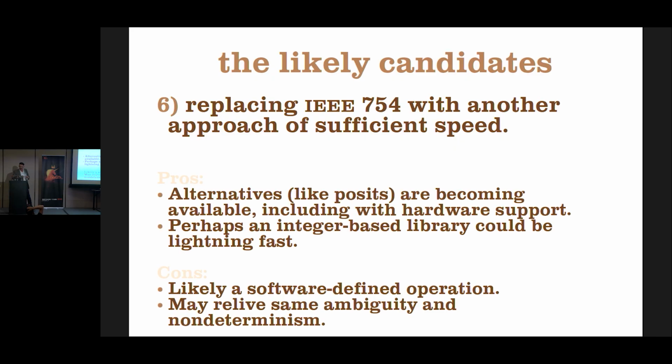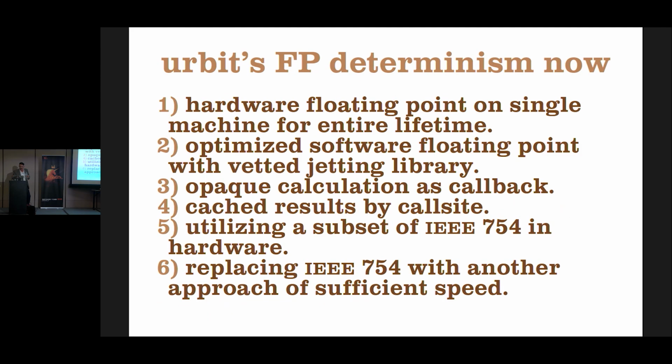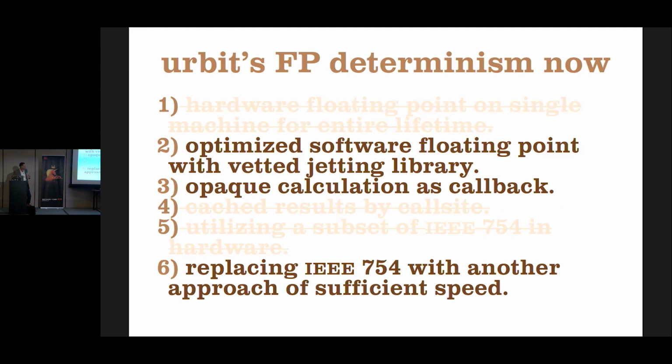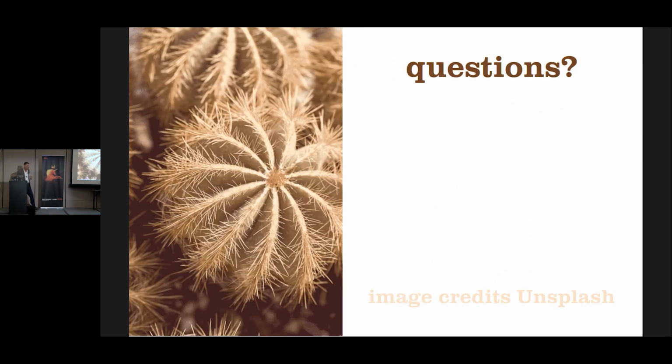All right, let's see. Yeah, and then posits are actually the other thing. Unums I'm pretty interested in, which are another formulation of floating point that's not IEEE 754, but it seeks to solve some of those problems. One of the nice things is it does it in 32 bits. It solves a lot of the issues with 754 determinism and non-determinism, but it does it in 32 bits instead of needing 64 bits. So that's probably where we'll end up in the near future as we continue to investigate this approach. Thank you.